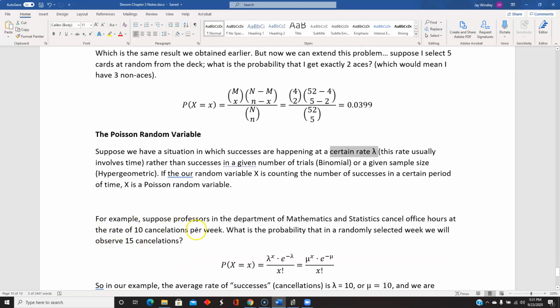For example, suppose professors in the Department of Mathematics and Statistics cancel office hours at a rate of 10 cancellations per week. What is the probability that in a randomly selected week, we will observe 15 cancellations? So here's the